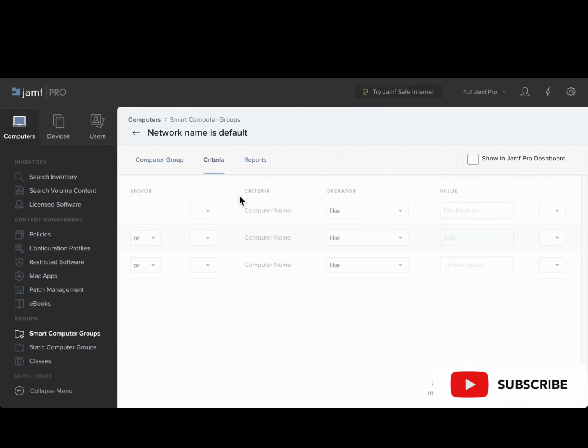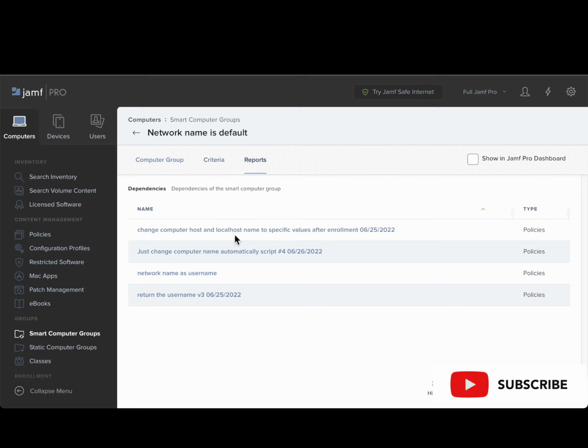Looking at this smart group here, we can see that there are 4 criteria, which is computer name, operator, MacBook Air, root, and MS setup user. After that, we can look at reports, dependencies of the smart computer group, and we can see 4 other policies, all centered around naming. You can see that these are different tests from June last year when I did a big refresh of the fleet, and I really wanted to make sure all my computers had good naming conventions as quickly as possible, and that was automated so that I could easily remote into computers by their username when they're on the same subnet,